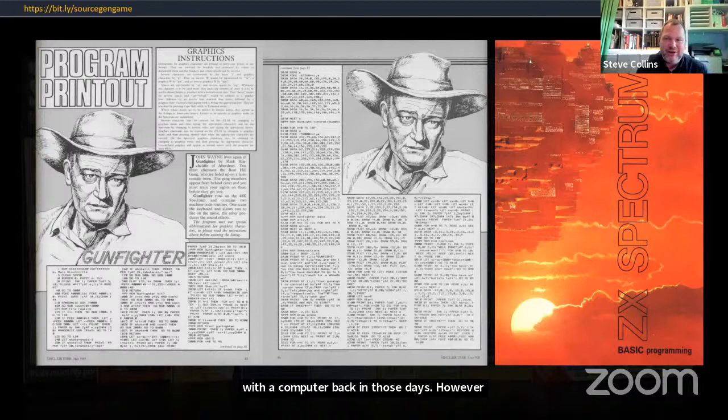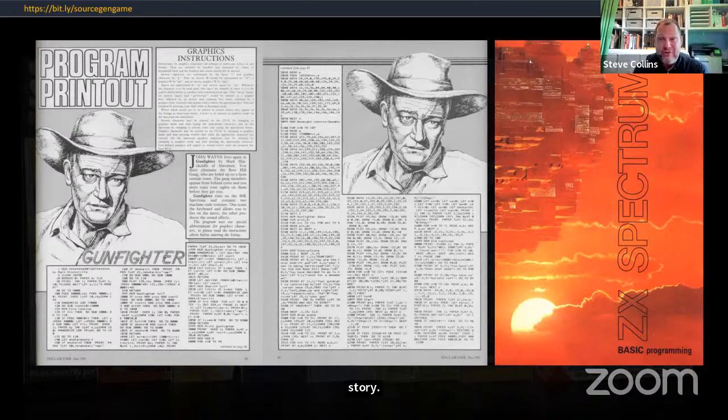However, BASIC programs on the Specky went through an interpreter. They weren't compiled, so they could be a bit on the slow side. It was only an 8-bit CPU, and if you were lucky, you had 48K of RAM. I started with 16K, and then later there was 128K, but that's a completely separate ramble story.